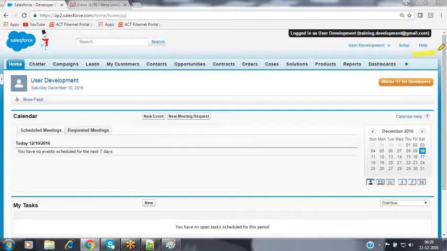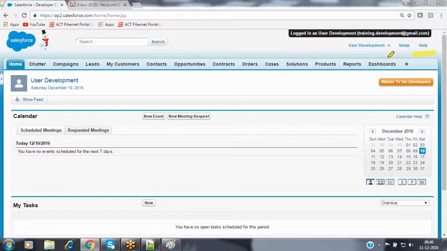Why is the pick list not available? This user has access to only one application. This is that application here. He does not have access to any other application, so there is no need to provide any pick list over here. This user cannot access any more applications, because this is the application he has access to right now. Like that, we can restrict the visibility here. What applications are accessible by this user, we can grant with the help of the profile itself. At the profile level, we can grant the visibility.